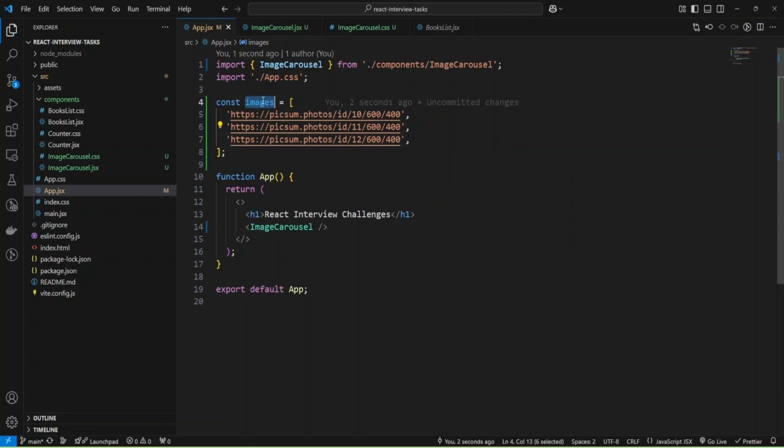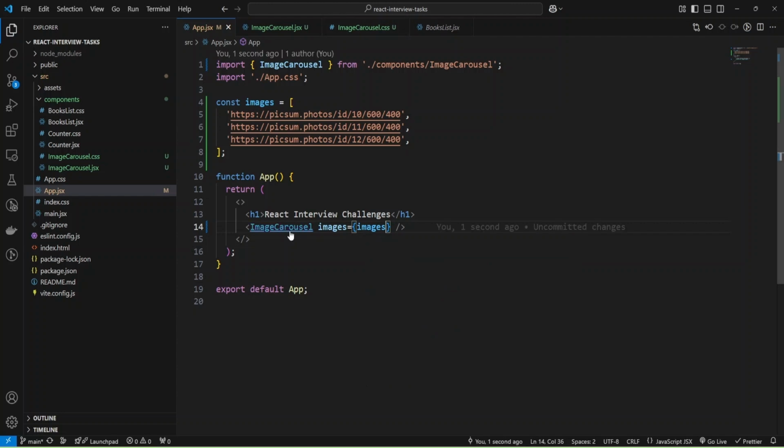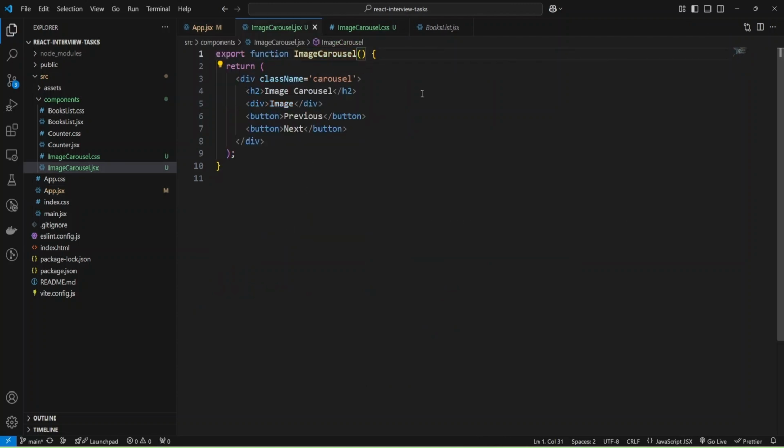Okay, and now I can provide it as props to my component. So I'll provide images. Okay, and now I can retrieve my props inside my component, and I'll use object destructuring and extract images. Okay, and now I can use these images to provide the URL for an image tag.